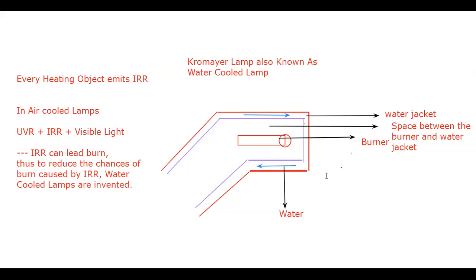Okay, now this is the construction. This is the typical construction. You can see my red color spotlight moving around. The chromium lamp is a water-cooled vapor lamp which eliminates the danger of burn and absorbs infrared. The high pressure mercury vapor lamp is surrounded by distilled water so that it absorbs the infrared. Chromium lamp can be used directly to treat the sinuses and deep body cavities. So these are very important questions, why we are using these chromium lamps.